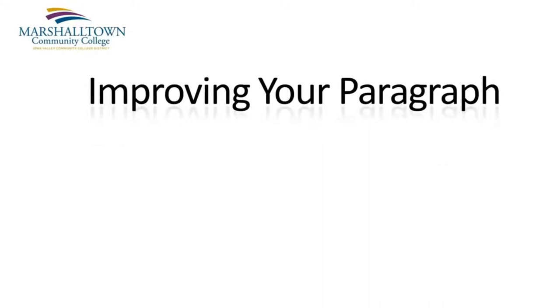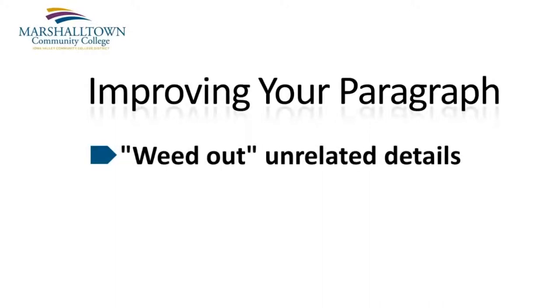One way to make your paragraph more concise is to simply delete, or as I like to say, weed out, any details that are not directly related to the topic sentence of your paragraph. As you start doing more writing, you'll discover that in the early stages of composition, it's easy to drift from your main topic. This is not really a problem in the beginning stages of your first draft because it's always good to get a lot of ideas down on paper as quickly as you can. Just keep in mind that later on, you'll probably want to weed out some of these ideas to make your